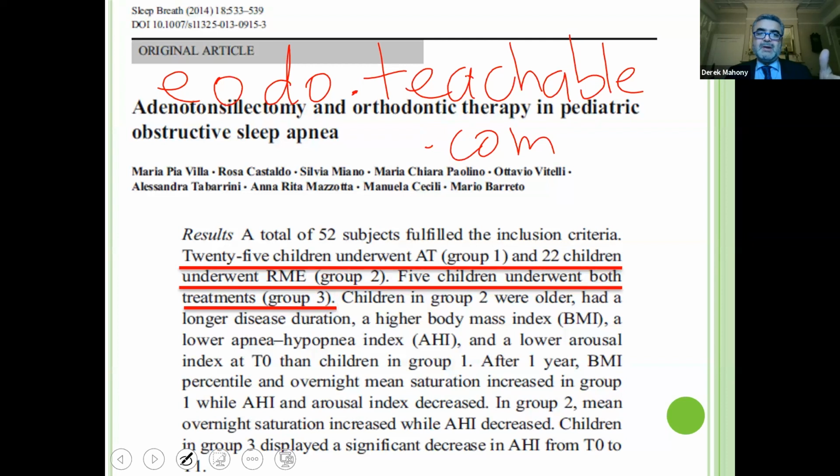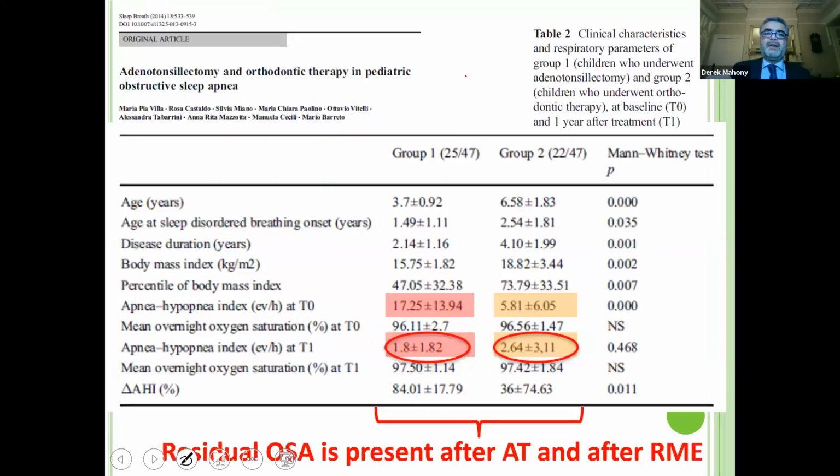So in this paper, they showed that 25 children who had adenoids and tonsils removed, and then they had another group who had the expansion of the palate only, and they had a third group that had expansion of the palate and the adenoids and tonsils. And which group do you think had the best improvement? Well, it was the ones that had the expansion and the adenoids and tonsils, but they actually didn't have the